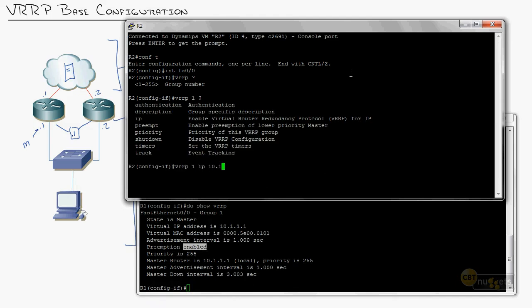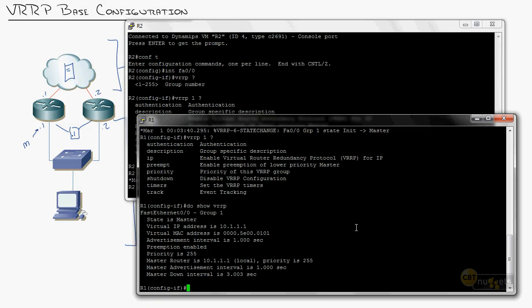IP 10.1.1.1. So he's saying, I'm also responding for 10.1.1.1. He automatically goes into a backup status. Now, just a terminology game: when Cisco wrote their priority standard for HSRP, they said, we're going to have an active and standby router. When the standard was written for VRRP, they said, we want to be different. We're going to call it a master backup relationship. So same kind of thing, but